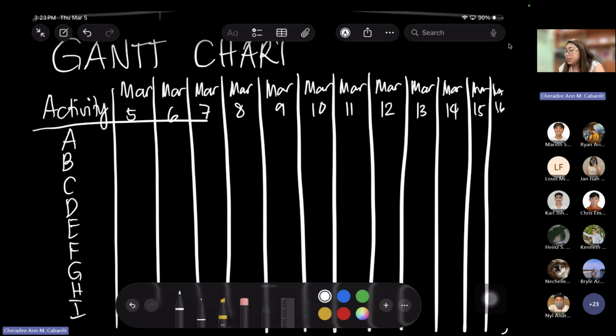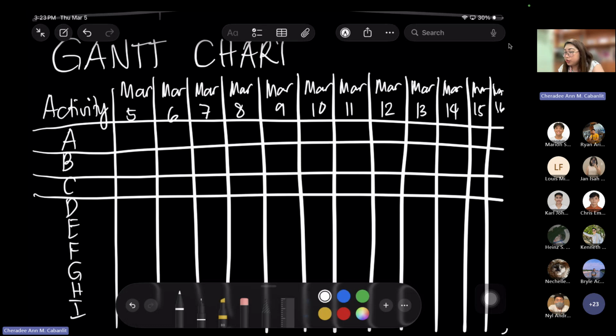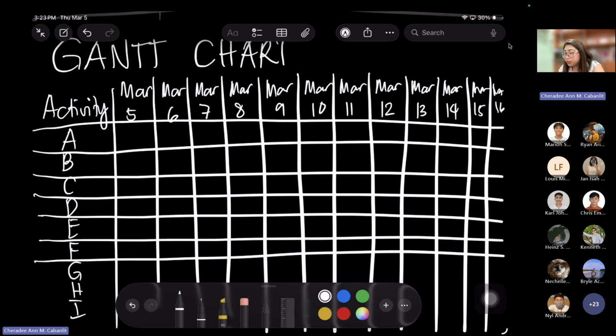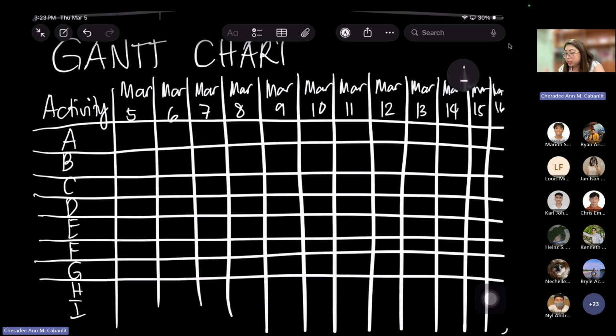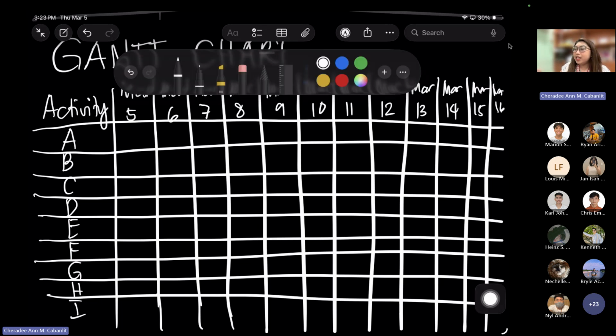So if that's the case, I will just write, okay, I'm sorry if this is not a perfect line, but just to show how it will look in the Gantt chart. All right, now let's make the Gantt chart.